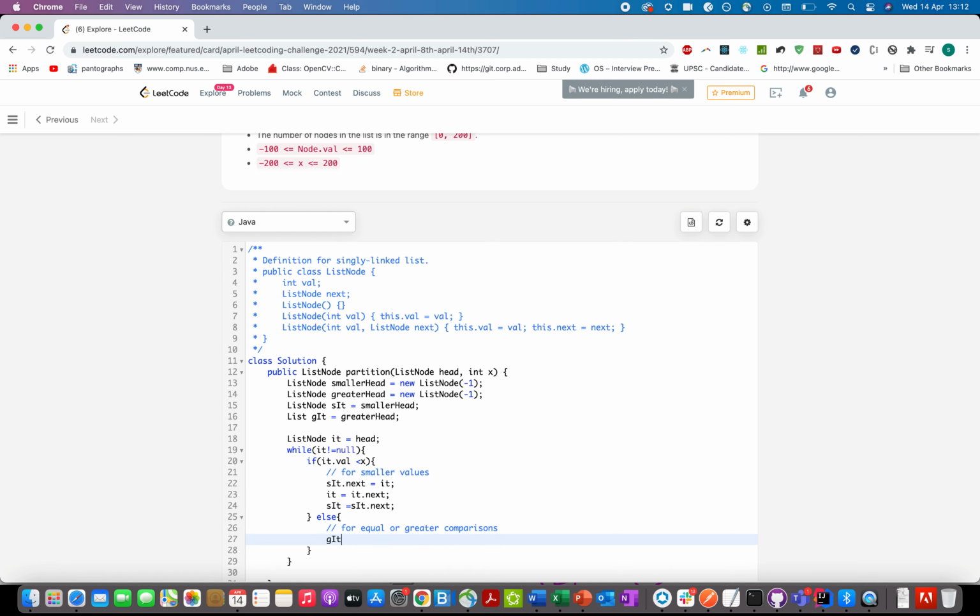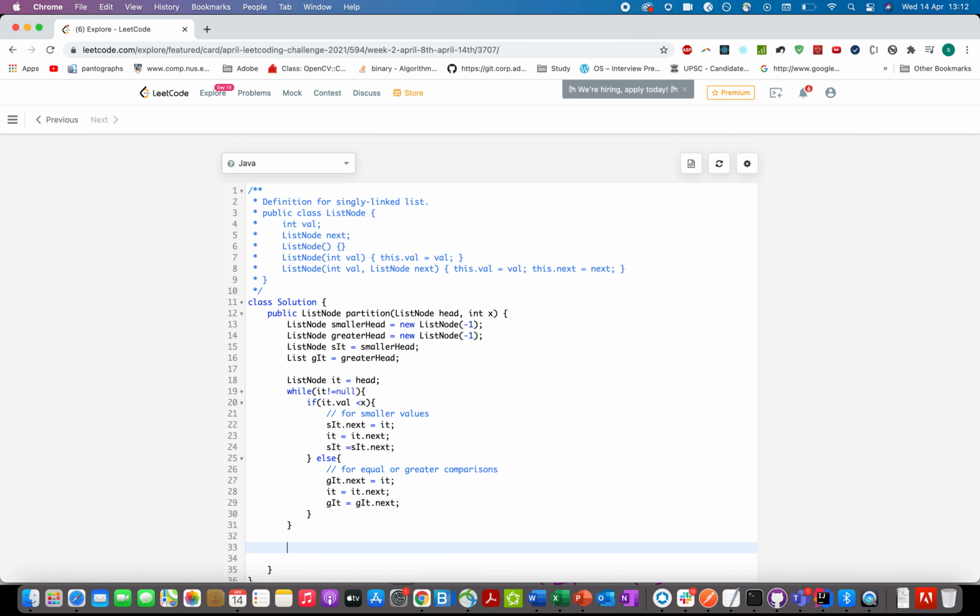So let's write the code. Git.next equals to it, it equals to it.next, and git equals to git.next. Pretty straightforward.